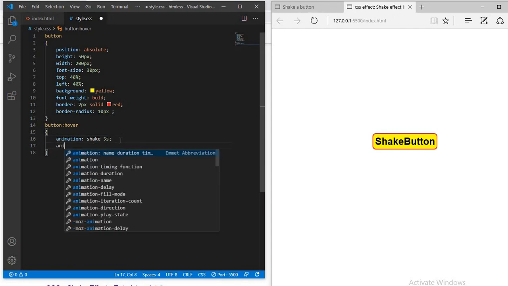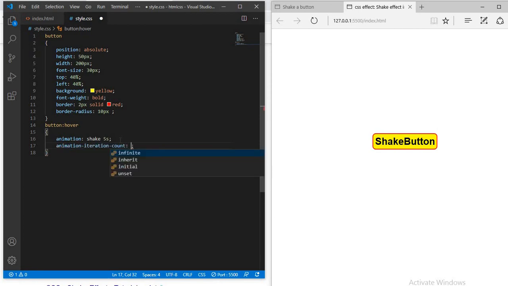And animation iteration count infinite means when the animation is finished, start again. So when the animation is finished, it will start again.